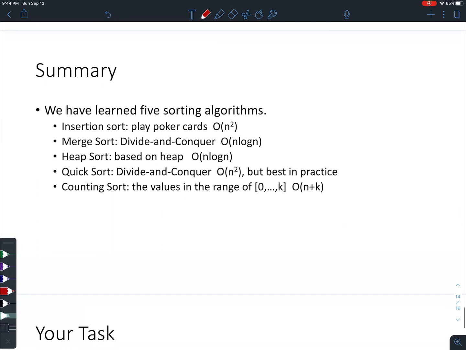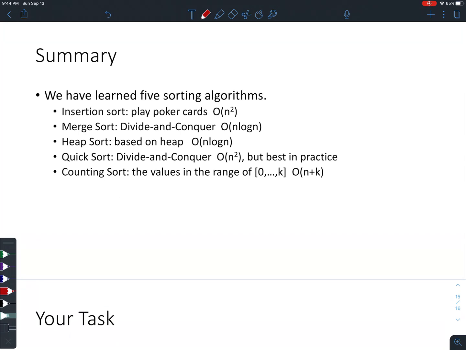And so far we have learned 5 sorting algorithms, but one of them is just optional. So we have insertion sort, O(n squared) complexity, merge sort, O(n log n), and quicksort, which is O(n squared) in theory, but best in practice. Then we have counting sort, O(n plus k), but it has one limitation, which is that all the values in the array must be integers from 0 to k. So these are the 5 or 4 sorting algorithms that we have learned, and then we are ready to close